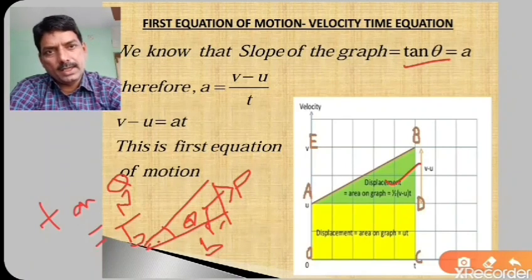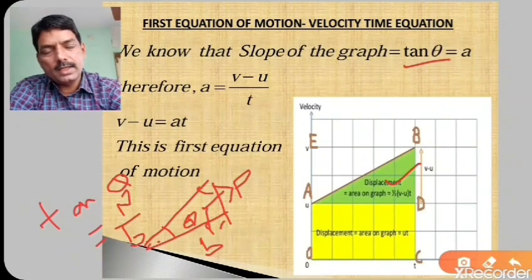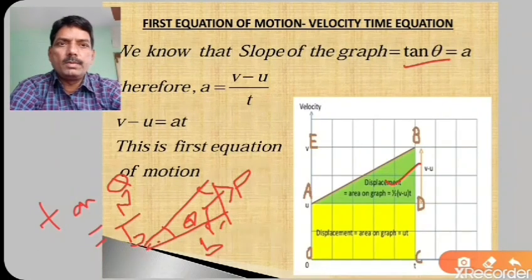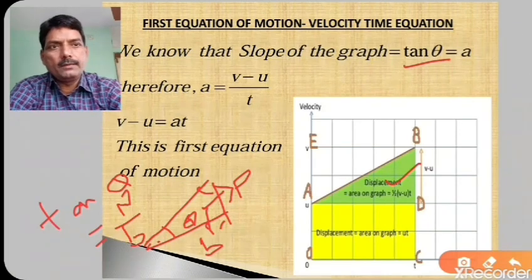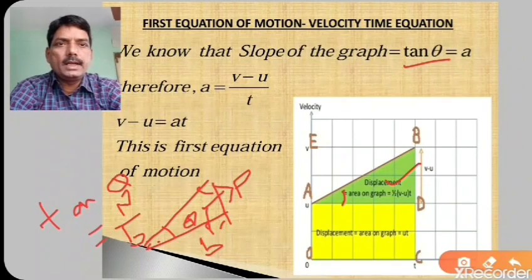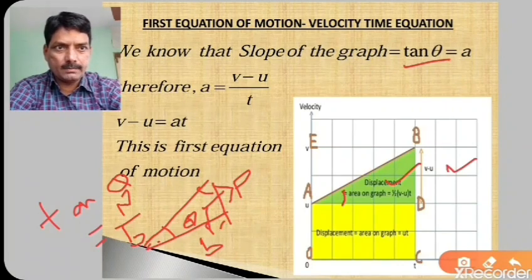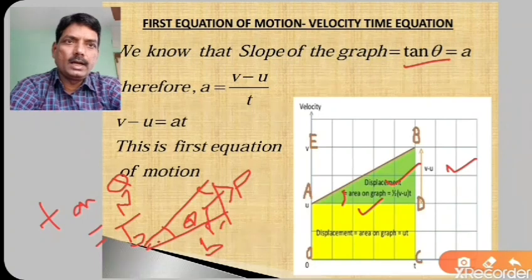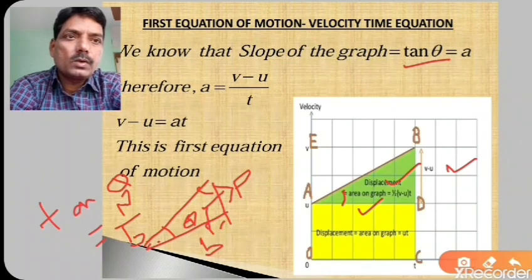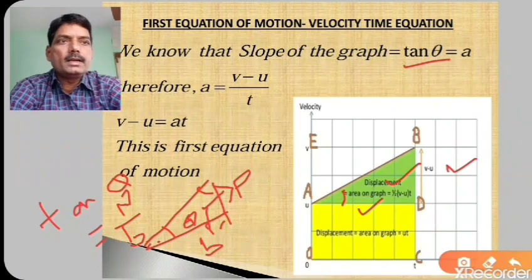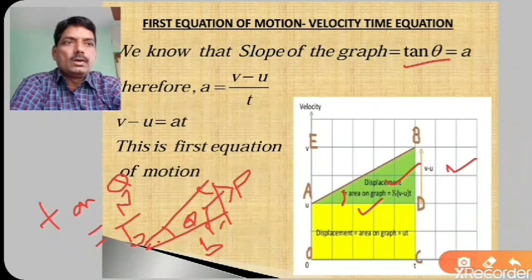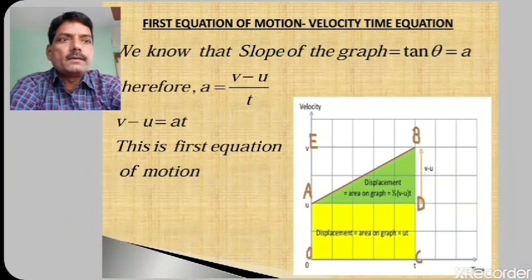Remember, I have taken theta here. You can take this other theta also; in that case, the ratio will be b by p. But now if you take this angle theta, which is called the slope, then we get the tangent or tan theta equal to BD by AD. This is your BD and this is AD. This is nothing but tan theta, and that tan theta is also called the slope of the graph and is given by the acceleration a. Okay, now let us proceed further.